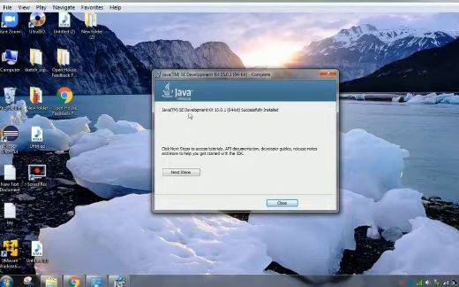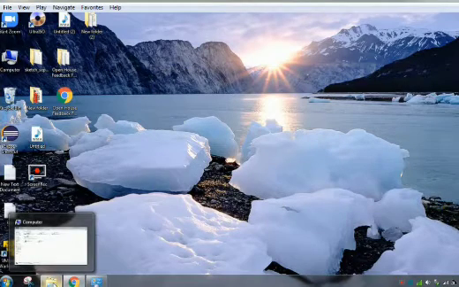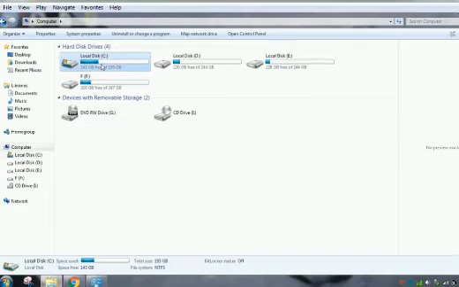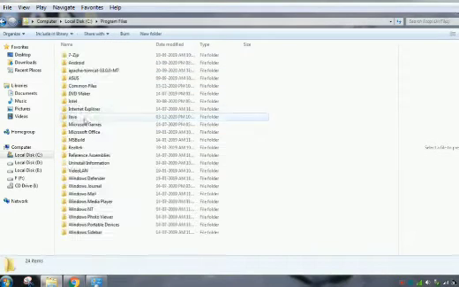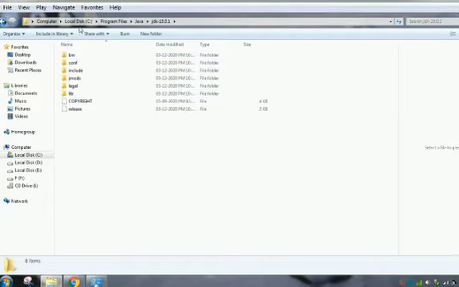It's successfully installed. So close it. Now we can check whether Java is installed in Program Files. Go to the C folder, Program Files, Java, and JDK 15 is installed. So the Java installation is successful.